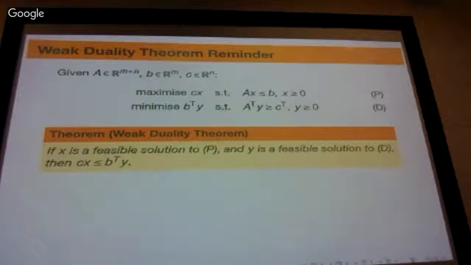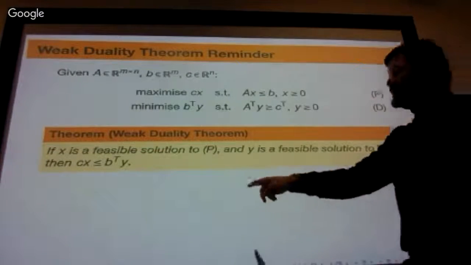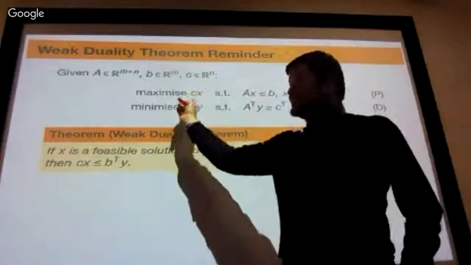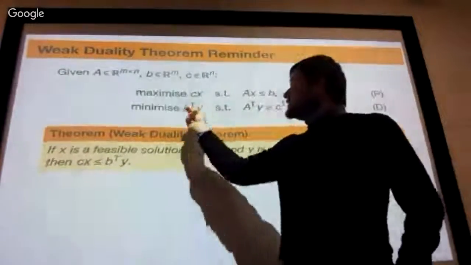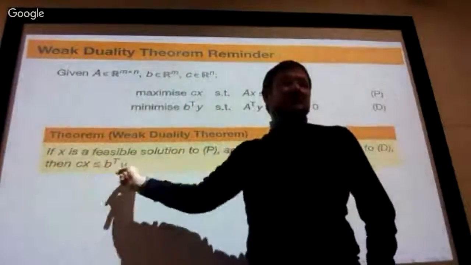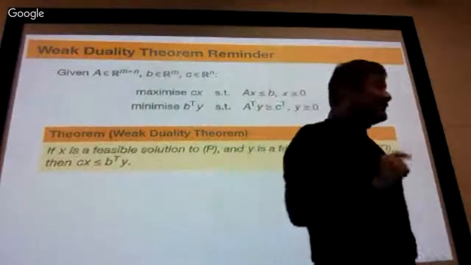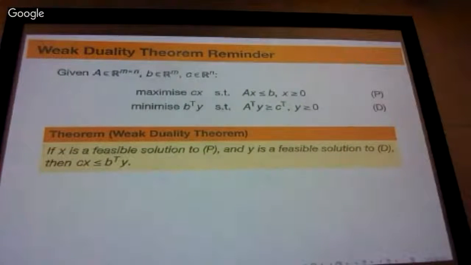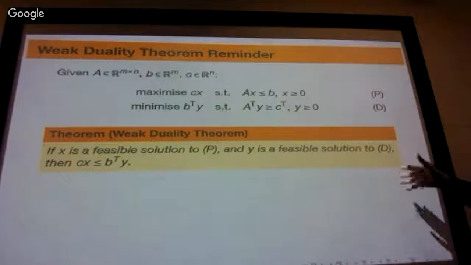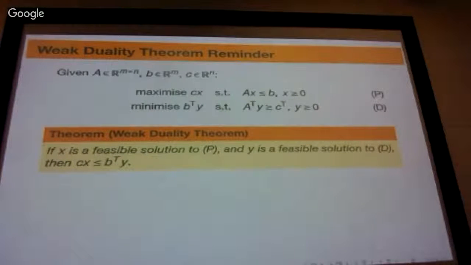Right, so last week we did the weak duality theorem. We said that if you look at the objective here and the objective of the dual, they're always in this relation. And I promised you that in the optimal solution they will actually be equal. So that's what the strong duality theorem says. But it says even more than that. It deals with the cases where some of the problems are infeasible as well. So just as a reminder,